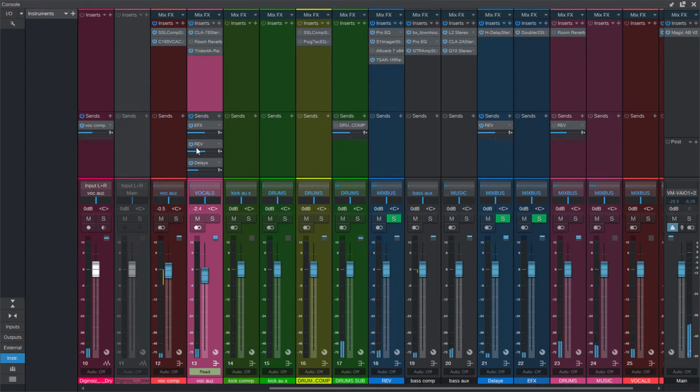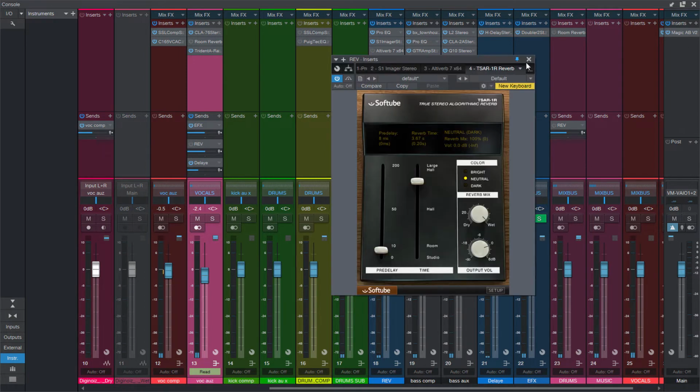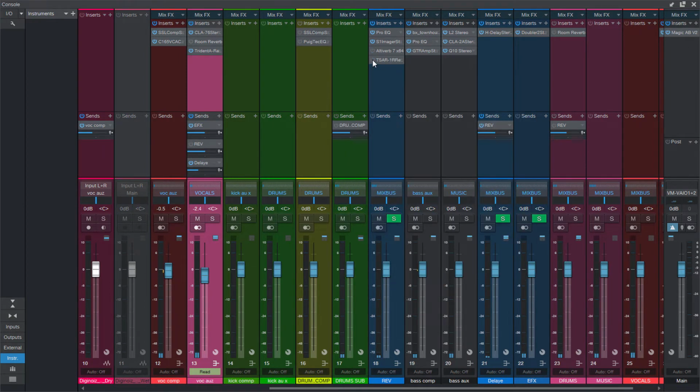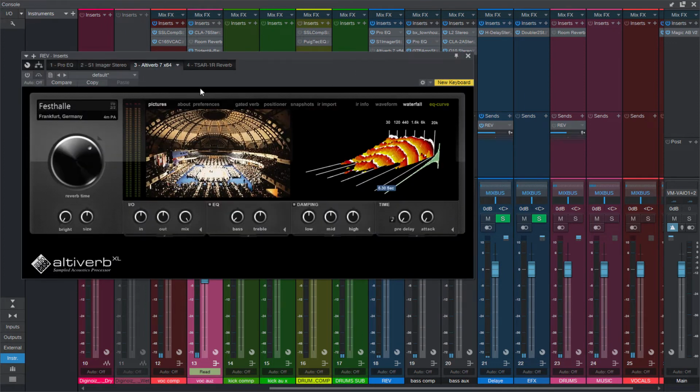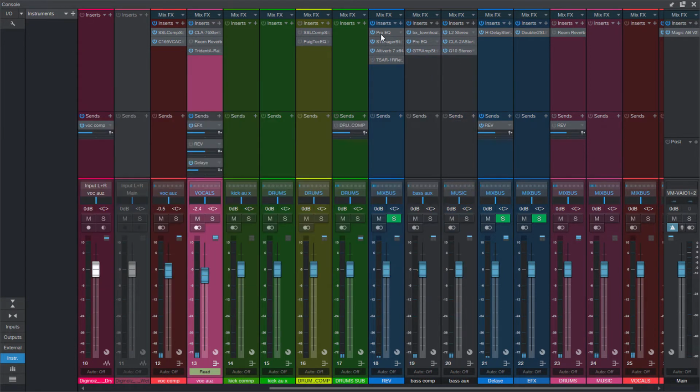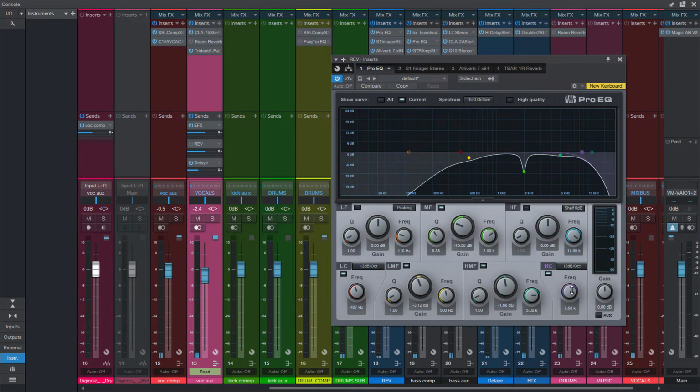Now if I wanted to change the sound, let's say I wanted her to sound like she's in a stadium somewhere, I'm going to turn off the soft tube here. I'm going to turn on the Altiverb, and it's set on the Fest Hall settings, so she sounds like she's in the stadium. Maybe I'm going to roll off a little bit of high end here, put back the high end on a reverb,